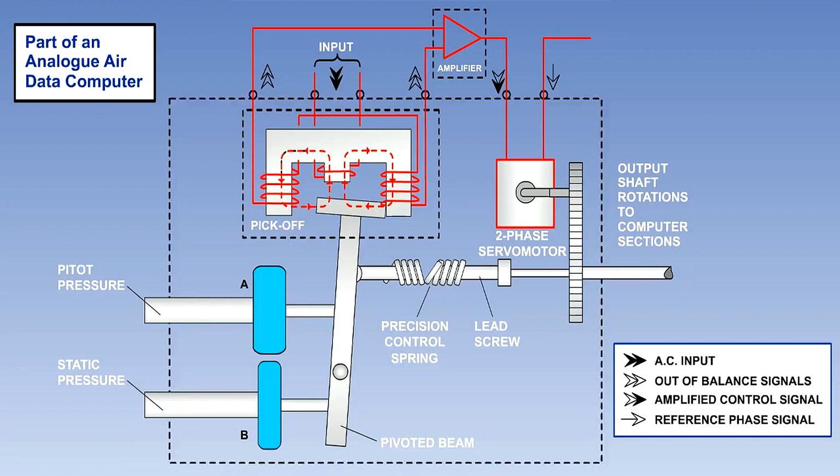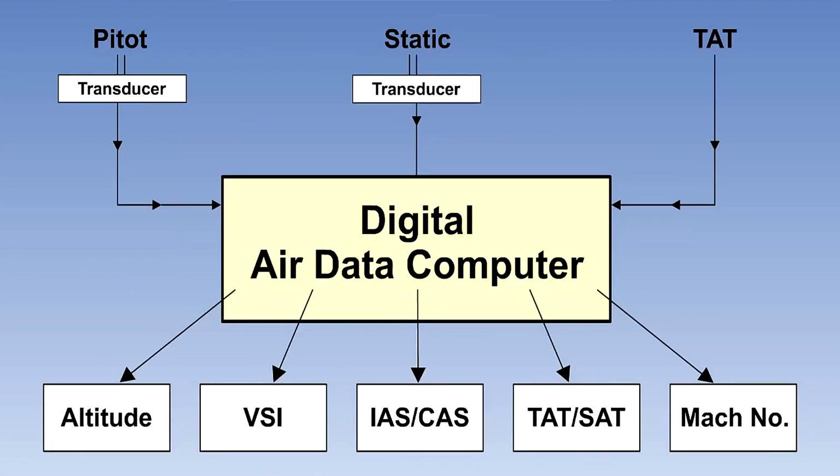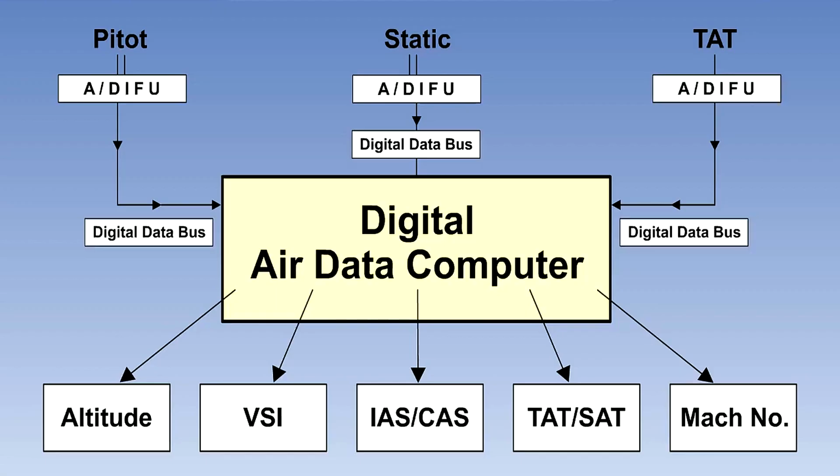This system has the transducer in the computer. A transducer is any device which converts a physical measurement, in this case, pressure, into an electrical signal. As technology developed, it became possible to put the transducers near the pitot and static sensors and send the information electrically, thereby reducing the dependence on long lengths of piping. The total air temperature information was already in the form of an electrical signal, as it is a voltage derived from a temperature-sensitive resistance. In many systems, these transducers are given the more generic term of interface units or IFUs.